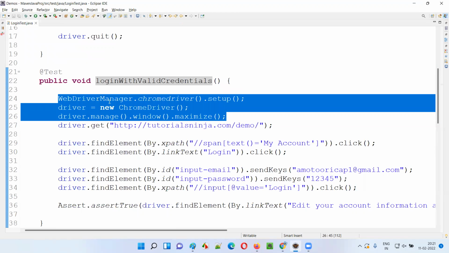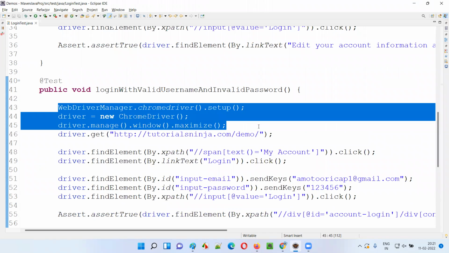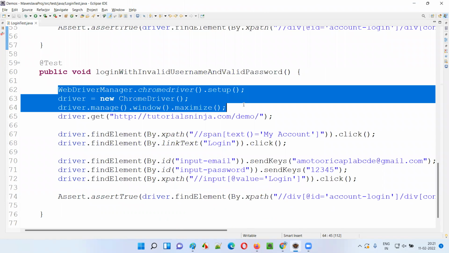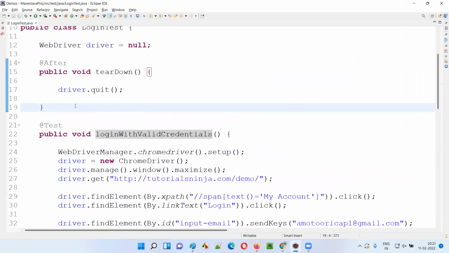In this first test also, you see this kind of settings part, like opening the Chrome browser, maximizing the browser. Okay, this is the setting part, right? Here also the same thing is repeated. Opening the Chrome browser, maximizing the browser. Here also opening the Chrome browser, maximizing the browser. Okay, instead of repeating this in every unit test here, what I can do is I'll create one more method,